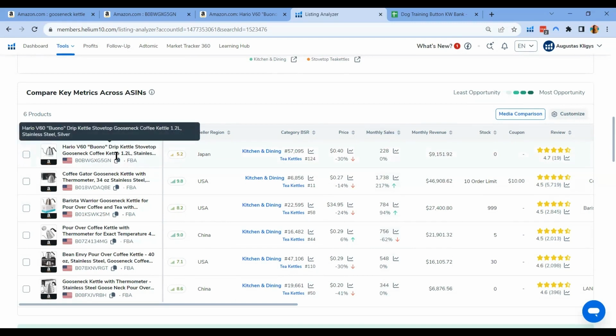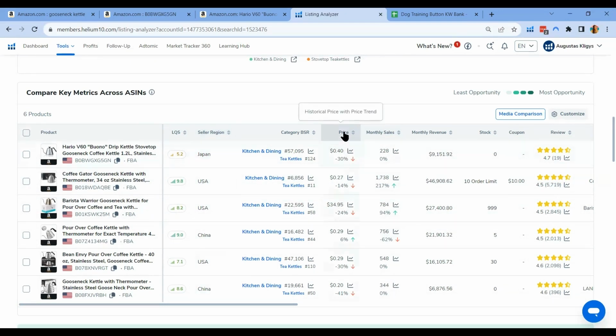Here you can see as well which region the sellers are coming from. The ones that are doing really well are the seller coming from the US, and one from China. And it tells me as well how they are doing with the BSR. So clearly they're doing something well with their listings to increase their main category and subcategory BSRs. It tells me here as well that this ASIN particularly has increased its price by 6% and tells me the stock level.